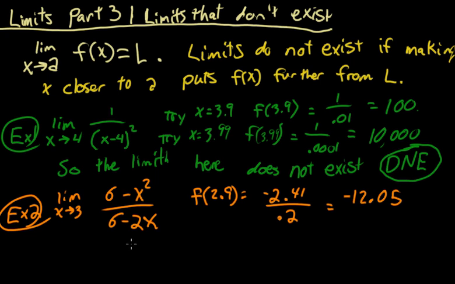Well, doesn't seem that bad of a number. Let's try getting a little bit closer to 3. F of 2.99. I think that was pretty predictable that I was going to go there. Well, let's see what we get. 2.99 squared is 8.9401, so 6 minus this gives us negative 2.9401 for the numerator. And for the denominator, we get, let's see, 2.99 times 2, 6 minus that gives us